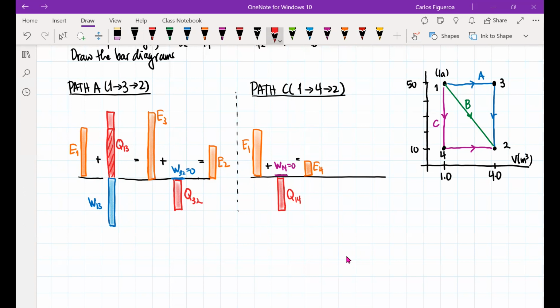So I now go from 4 to 2. Now, that work is much smaller than the work from 1 to 3. So when I look at that, let's say it's 1 square, because it's a lot smaller. So then this guy has to be the work from 4 to 2, which is negative because the gas particles